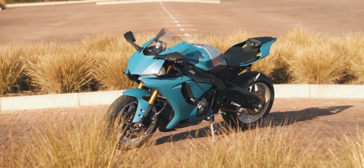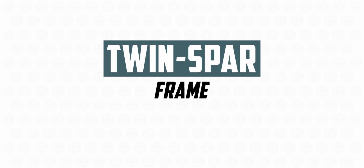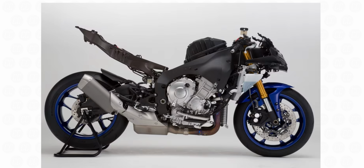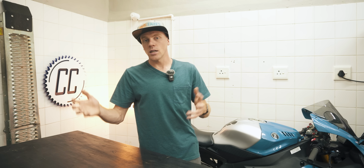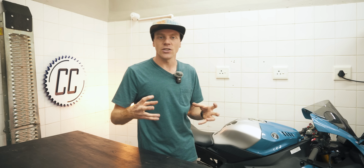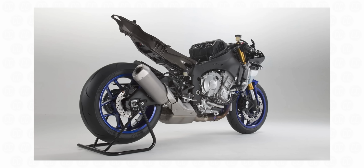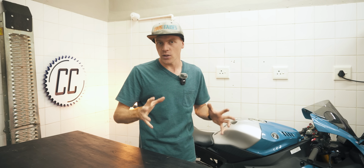But for big boy horsepower, you'll need something like a twin-spar or perimeter frame. These consist of 2 hollow beams, or spars, that run from the headstock of the frame, around the perimeter of the engine, then to the subframe, and all the way to the swing-arm pivot, also with no support underneath the engine. Some twin-spar frames also use the engine as a stressed member to help strengthen the design, making them super strong to survive 200 plus horsepower on a superbike and to resist the braking and cornering forces associated with that